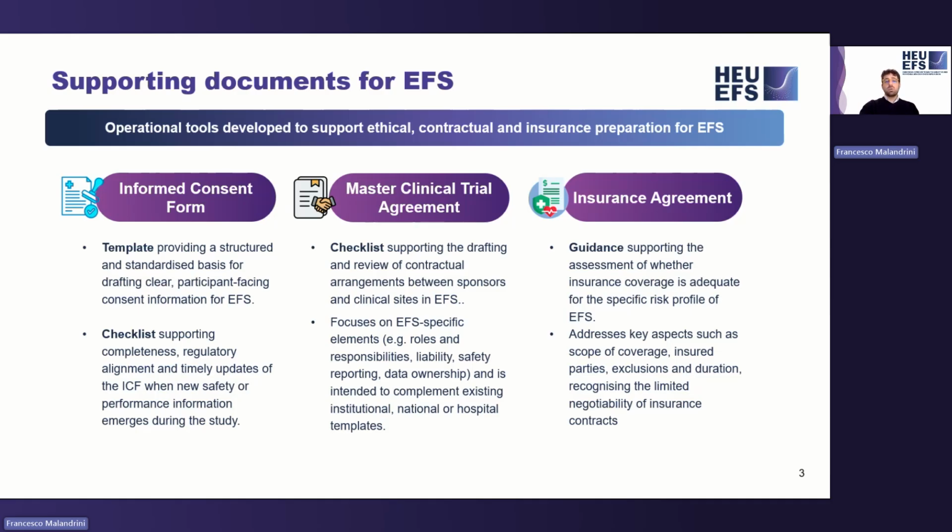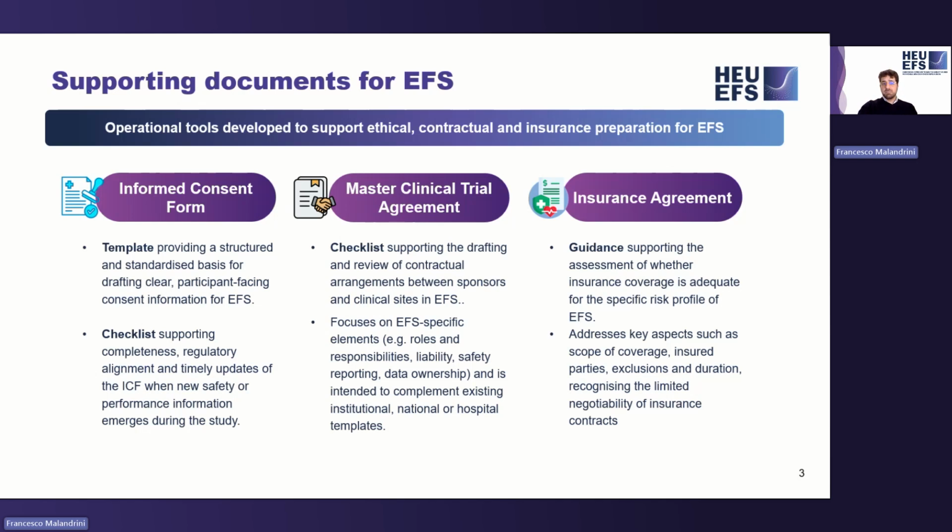To support this process, two complementary tools are provided: an ICF template and ICF checklist. The ICF template provides a structured and standardized basis for drafting participant-facing consent documentation. It is particularly intended to support sponsors, including small and medium-sized enterprises. They may not have established internal templates or excessive documentation resources. The template helps ensure that information provided to participants is clear, comprehensive, and aligned with ethical and regulatory requirements applicable